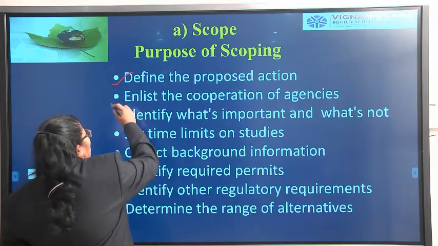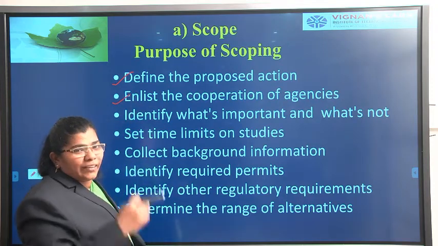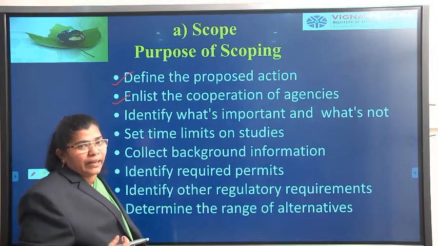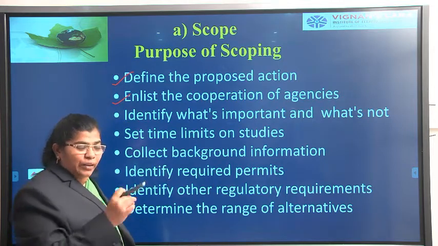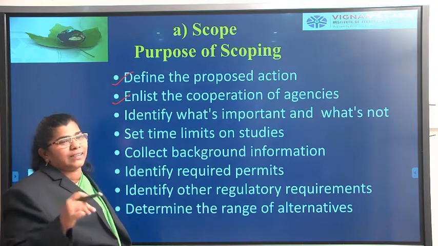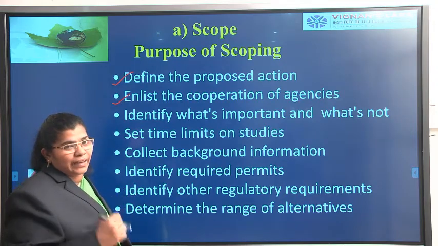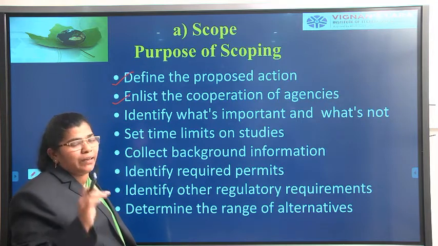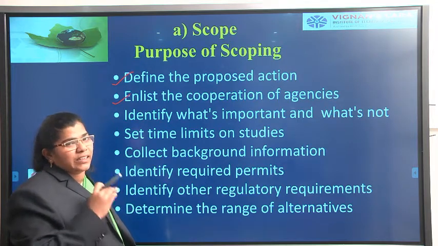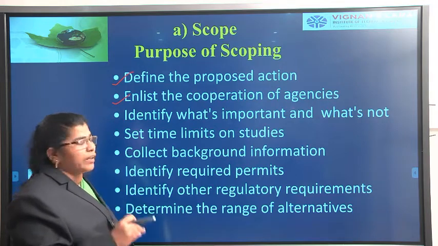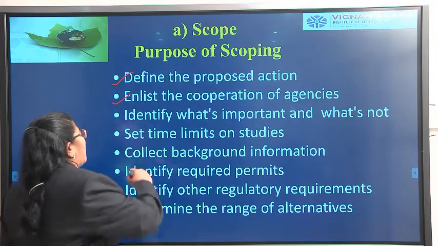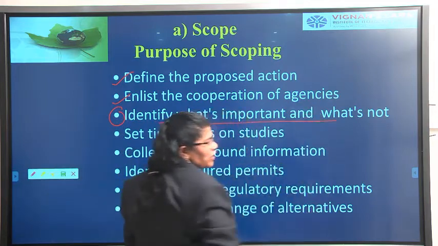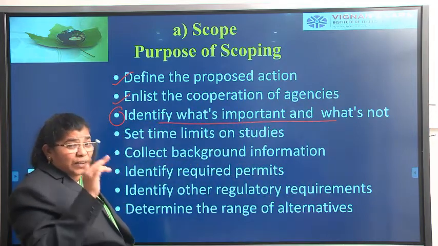Then enlist the cooperation of the agencies. They will have a list of agencies they are going to work with, right? What is the cooperation? They have to give an agreement, right? All these things are taken care of. Problems are addressed, and this negative impact is removed, right? This agency will be helping us in this accord, in everything they have to do. And this is the most important thing: identify what is important and what is not, right? This is in between two things.